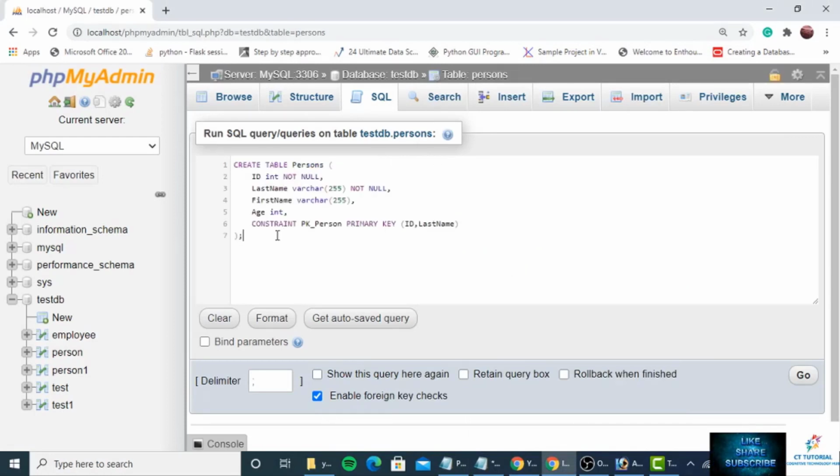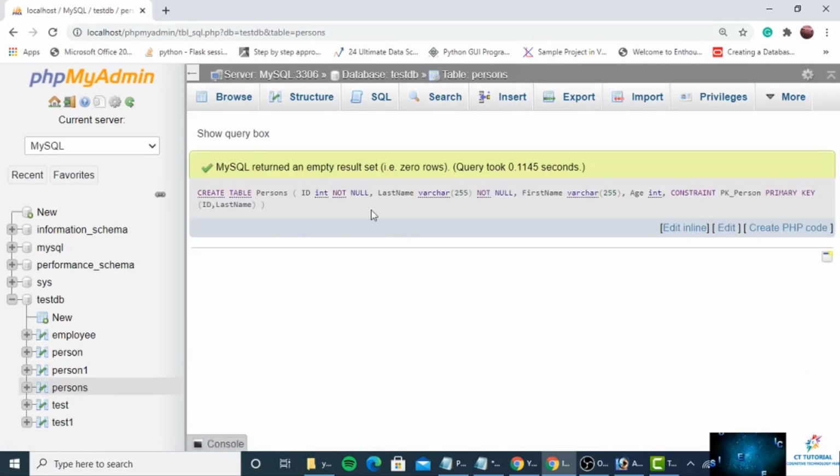See, this is the constraint name. That means only one primary key is pk person, and inside that primary key pk person I have declared two columns, because I have mentioned in the starting that a table can have only one primary key, and in the table the primary key can consist of single or multiple columns. So you can see inside our table persons only one primary key I have declared. This is pk persons, and inside this primary key the two columns are mentioned. Okay, so we are not violating any kind of rule till now.